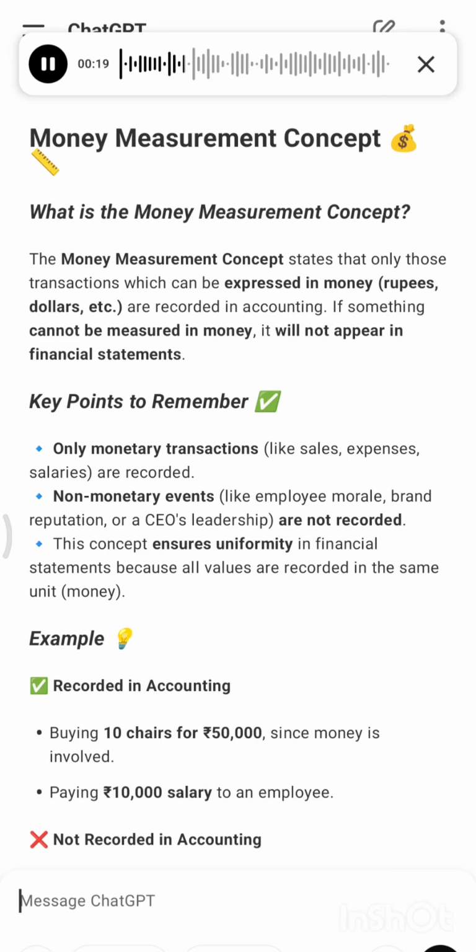Key points to remember. Only monetary transactions, like sales, expenses, salaries, are recorded. Non-monetary events, like employee morale, brand reputation, or a CEO's leadership, are not recorded. This concept ensures uniformity in financial statements because all values are recorded in the same unit, money. Example: